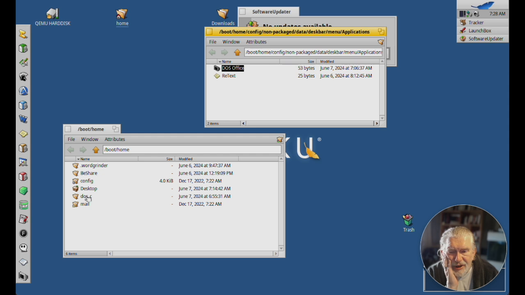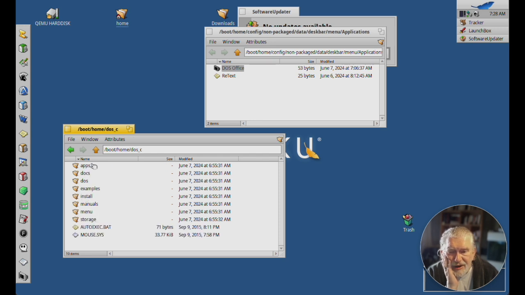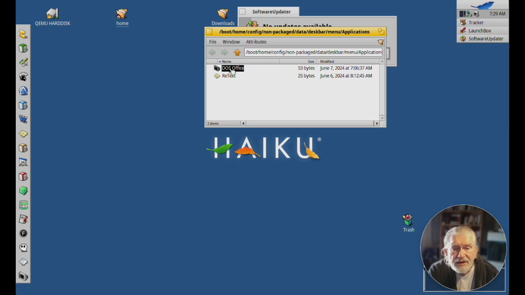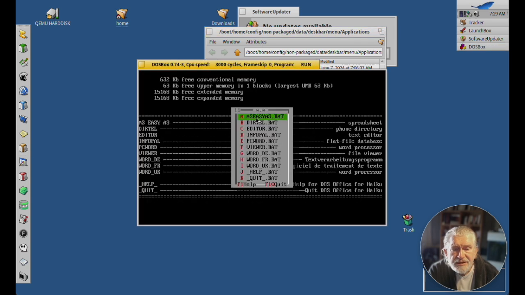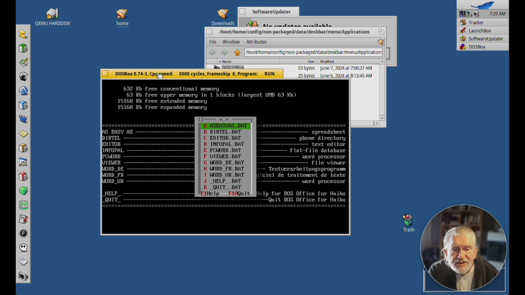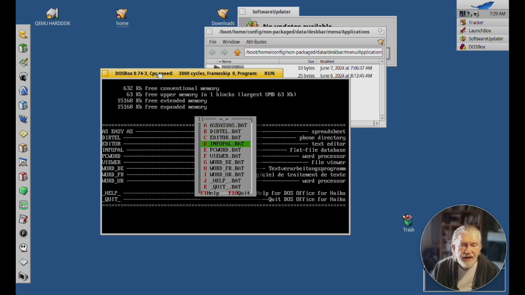Right, and down here in my home folder, I've got DOS_C, call it whatever you like, put it wherever you like, and I have access to all my DOS files. So it's not hidden in some disk image that you have to somehow get into. It's just there. Very nice. And so if I now run this, it automatically runs my little menu program, and here we have